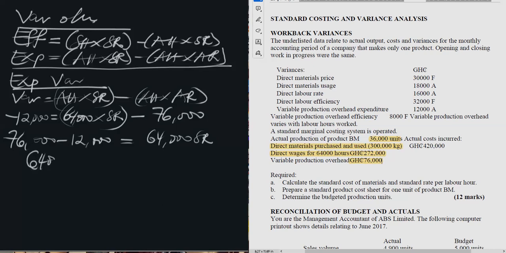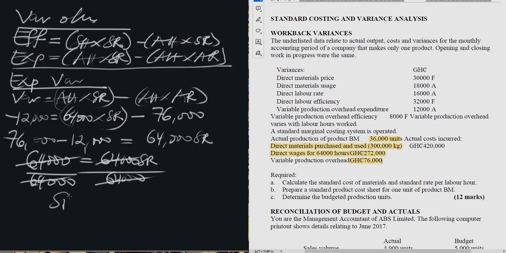So we have 64,000 equals 64,000 SR. So divide by 64,000, divide by 64,000 also. So 64 cancels, goes here one. That means the standard rate for overheads is actually what? 1 Ghana cedi per